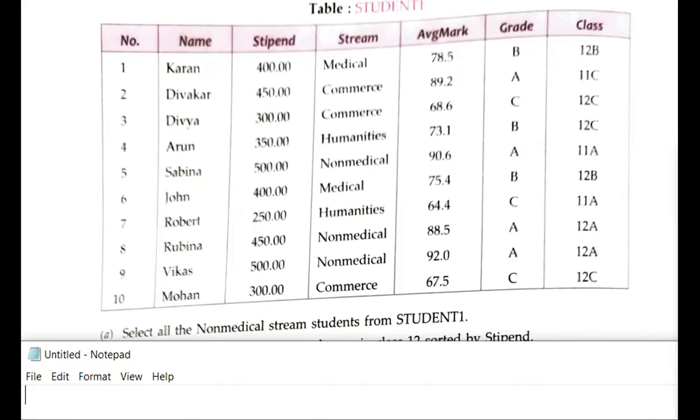Vanshika also correct. Karan wrong. Vivina wrong.